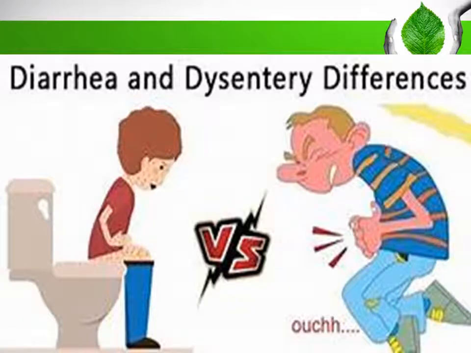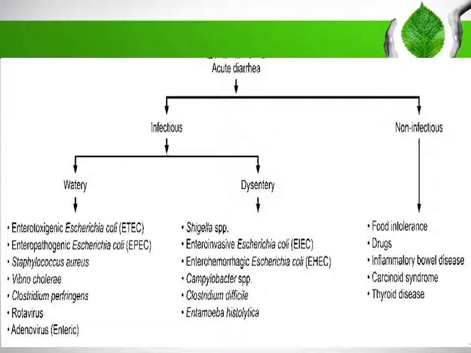So the most important thing after dating the beginning of diarrhea is to distinguish between watery diarrhea and dysentery. Dysentery is characterized by fever and abdominal pain and bloody stools and weight loss, of course. On this picture we can see that an acute diarrhea can be infectious or non-infectious. Non-infectious means food intolerance or taking drugs like acarbose or metformin or statin or some antibiotics, and inflammatory bowel disease,